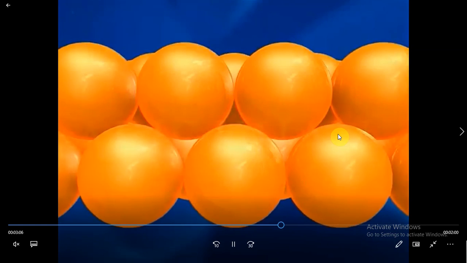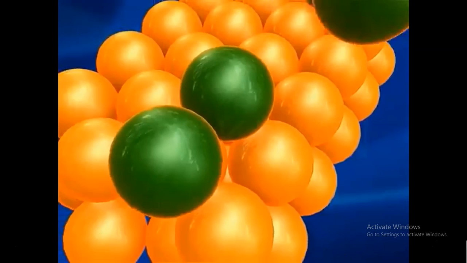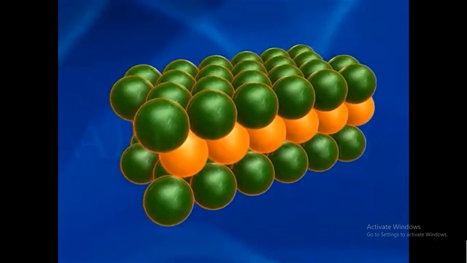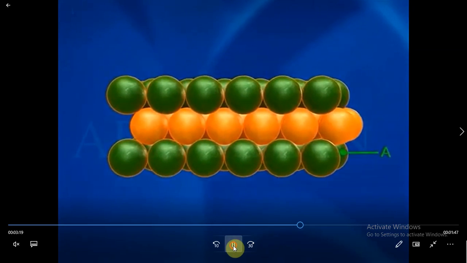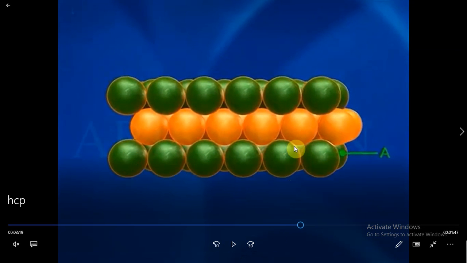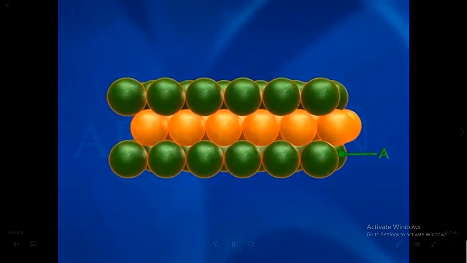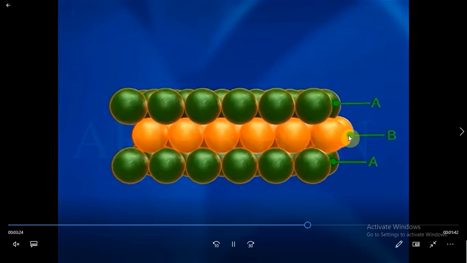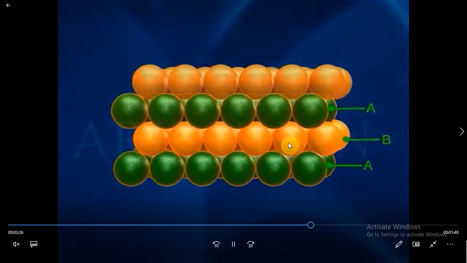So there are two kinds of voids that are possible in a three-dimensional closed pack structure, that is, tetrahedral void and octahedral void. Now we are placing the third layer of particles over the second layer, again in the vicinity of the atoms. If I call the first layer A type, my second layer will be B type, because it is placed in the vicinity of the first layer. But the third layer is just above the first layer, isn't it? The green atoms are aligned, so it can also be called A type. So the fourth layer will be B type.